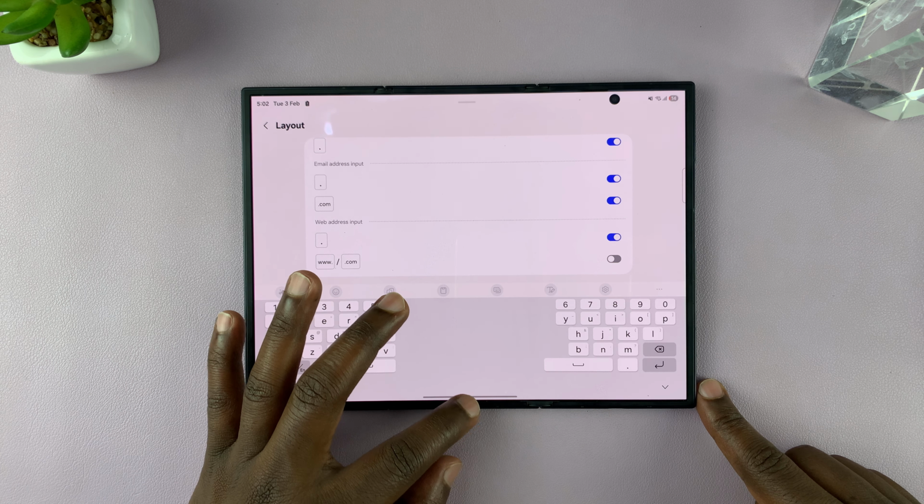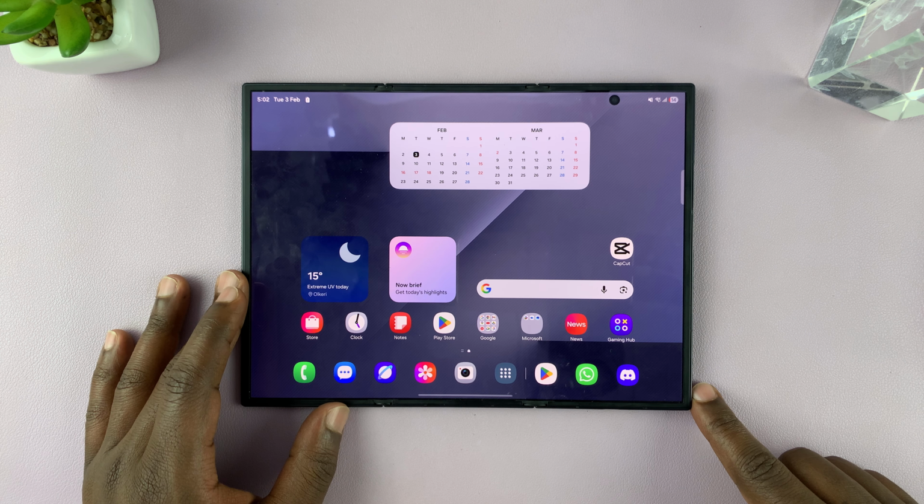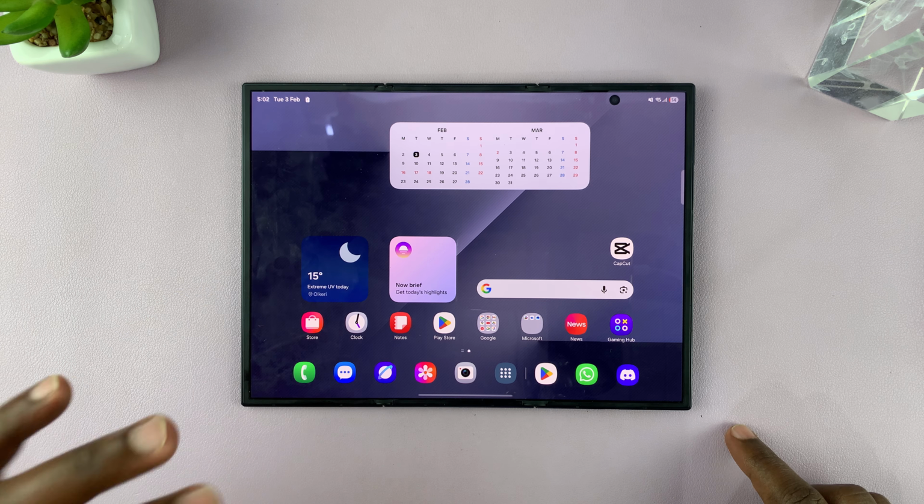this phone. If you've changed to the Gboard or any other kind of keyboard, the instructions could be a bit